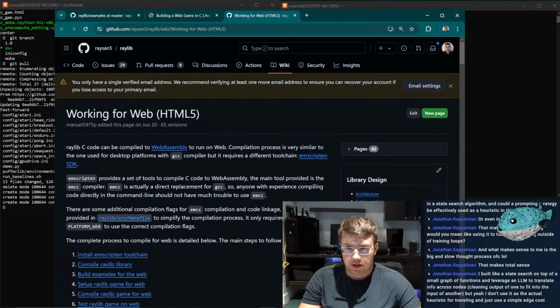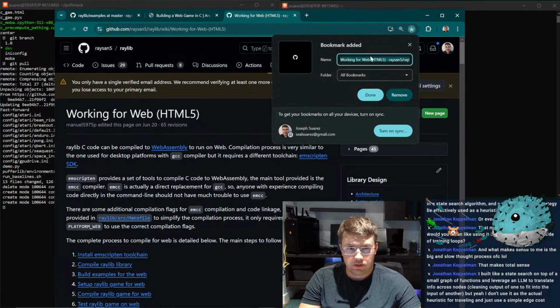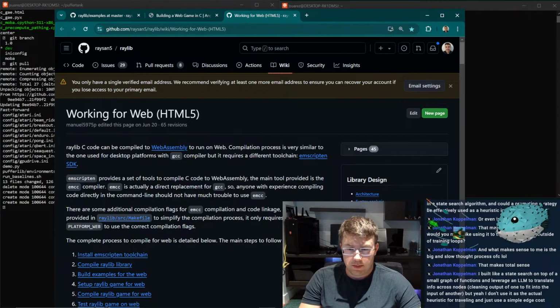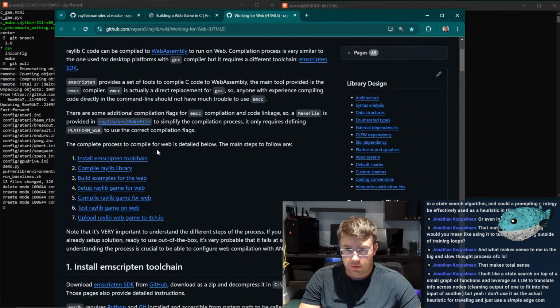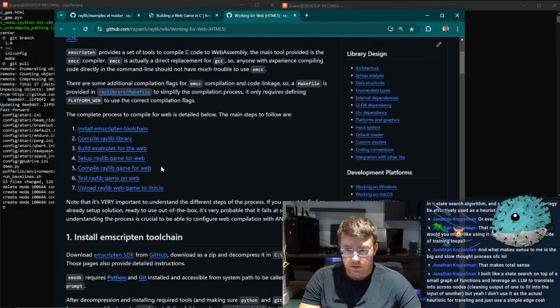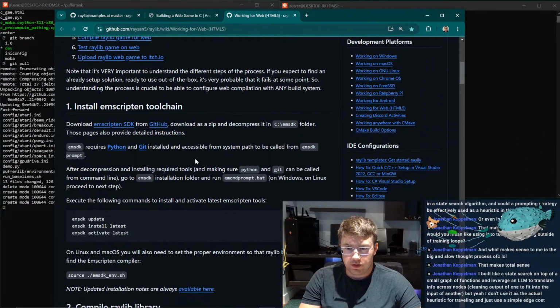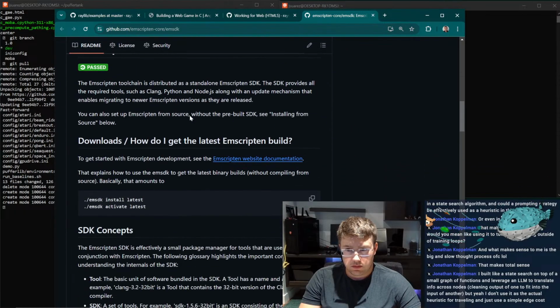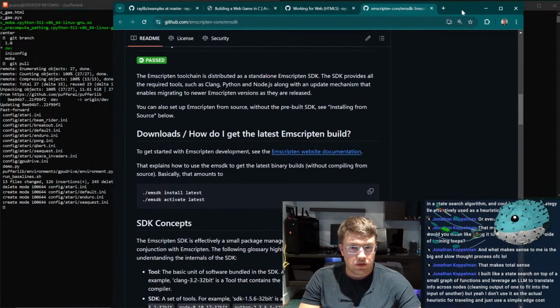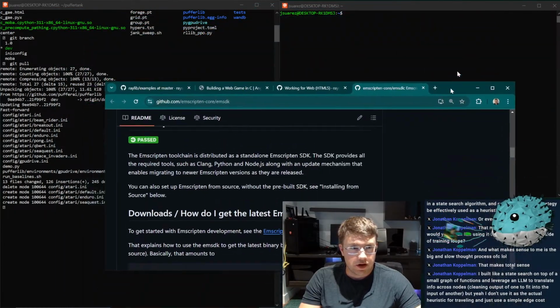Okay, perfect. Raylib can be compiled for WebAssembly. All right, cool. We can do this now. Download the Emscripten SDK. All right, this might not be that bad.